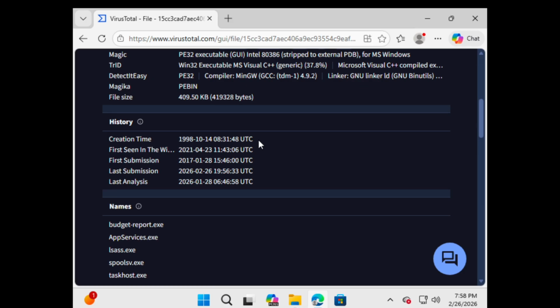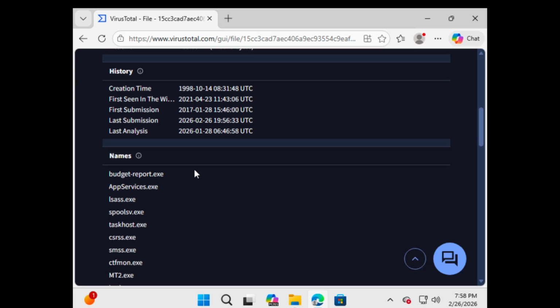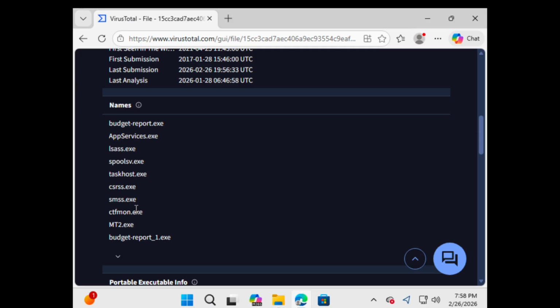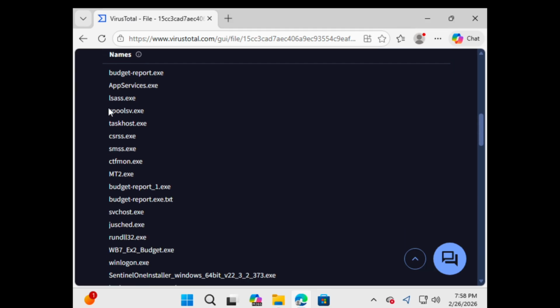The file was created on October 14, 1998 at this specific time. The file was first seen in the wild on April 23rd, 2021, and the first submission to VirusTotal for scan was back in 2017 on January 28th. In this section, we can see all the alias names the file can appear under. As you can see, it comes under the name